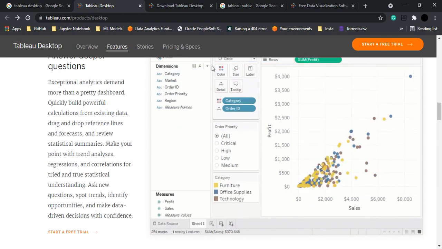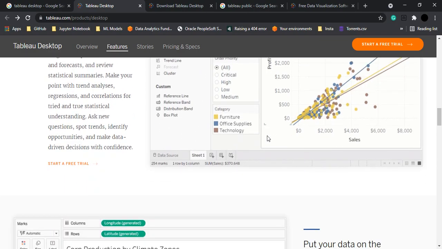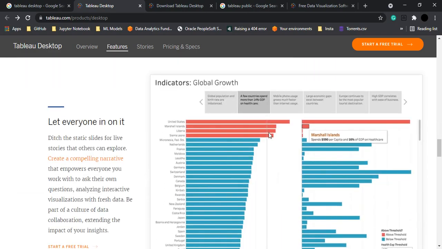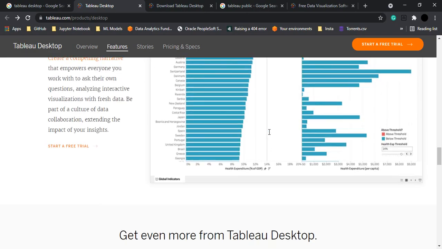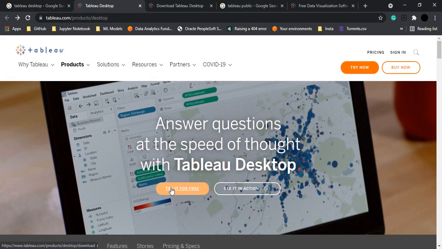Like you can see, they have created some charts and they're showing how to work with that particular chart, right? All this information is available on the website itself. All we need to do is try this particular software for free. So this is the try it for free button.